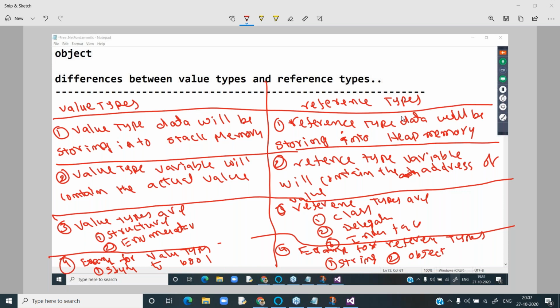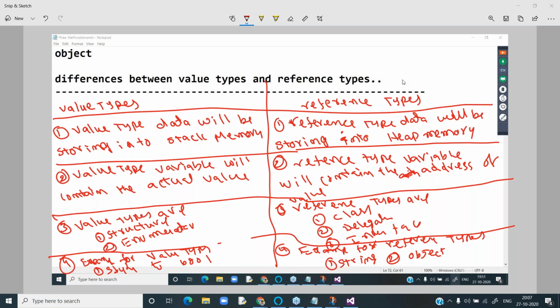Examples of value types. Next, examples of reference types.